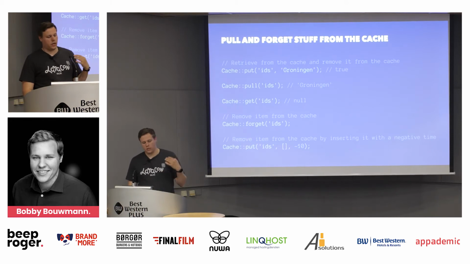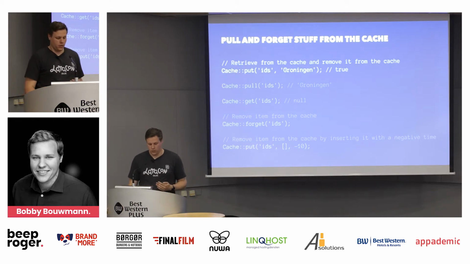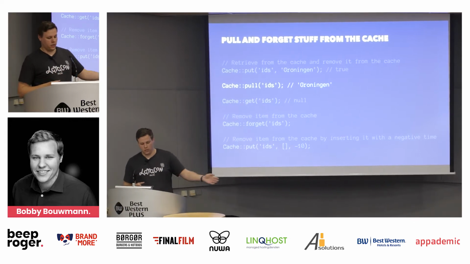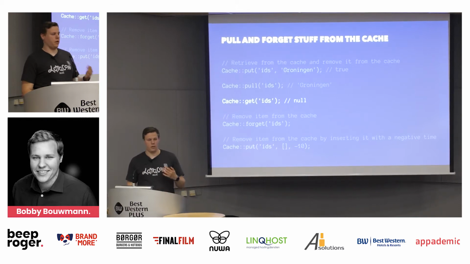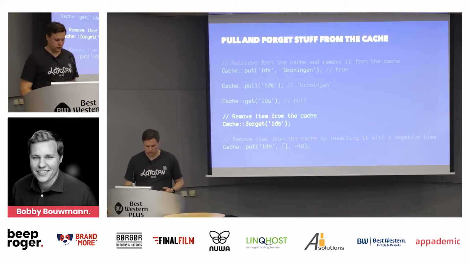Okay, so now we also have a way of getting something from the cache and forgetting about it, or just forgetting about it altogether. So if you put something inside the cache, in this case, we just put a string in there. If we pull it, then you get the value back, but it will be removed from the cache. So basically, it stores the value, removes it, and then returns it inside that method. So if we now get it again, it will be null. And we also have this forget method, and forget basically just forgets it from the storage,